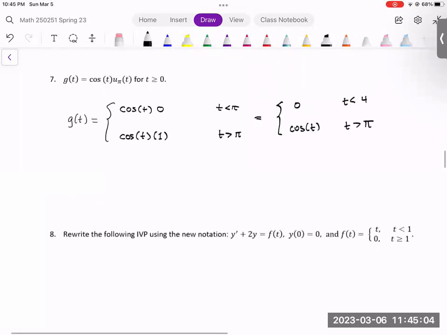Okay. So next up, we're going to take this initial value problem. I want you to take just a minute, try and rewrite it. What I'd like you to do is to rewrite the right-hand side here, f of t, which is this piecewise function that's equal to t when t is less than 1 and 0 when t is greater than or equal to 1. I want you to try and write it with this step function notation. And that is it. Just recopy the DE with the right-hand side written in as,